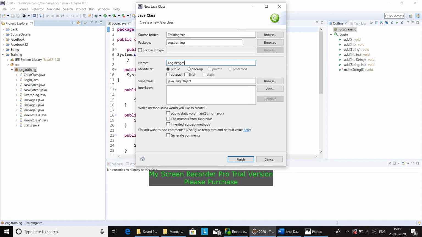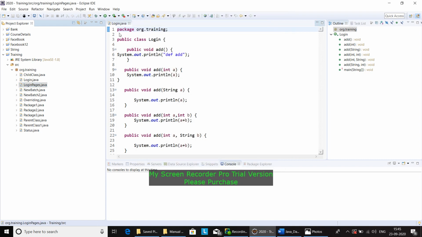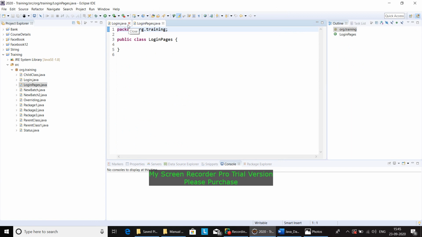So now I am giving LoginPages as my class name. Here the class name and method name are the same, right? So I am going to create a method, let's say with the method name add.